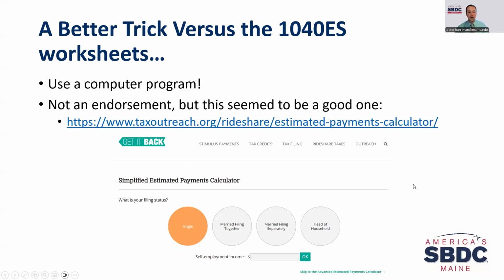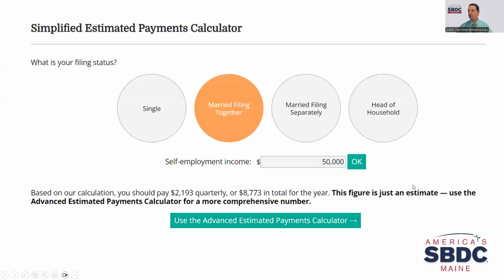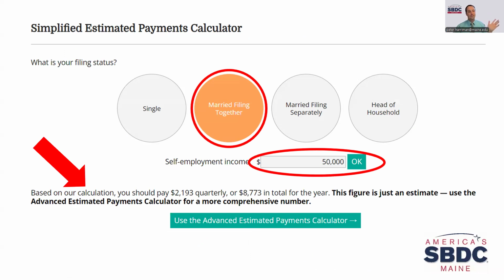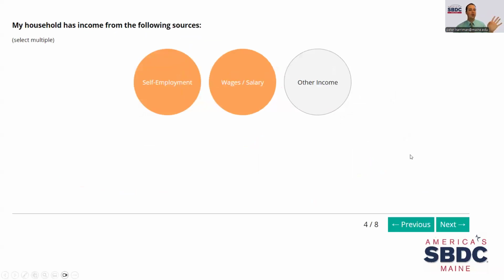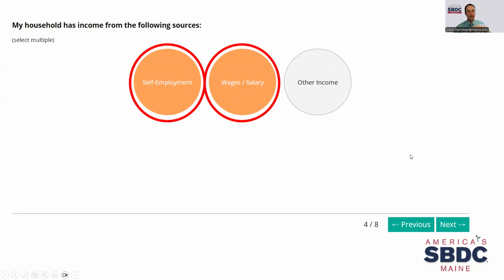And when you go through it, and I'll go through it just briefly. Let's say we're married filing jointly like we had. Remember the 80,000, we had 50 and 30. So let's say self-employment income was 50 and it's going to say, okay, based on just 50, this is what we have. But hold on a second, Pete. You know, we need to use the advanced one because we are married filing jointly. So there's multiple incomes going on. Okay, we go to the advanced and we can say, okay, I have self-employment income, I have wages and salary, right? I need to break this up.